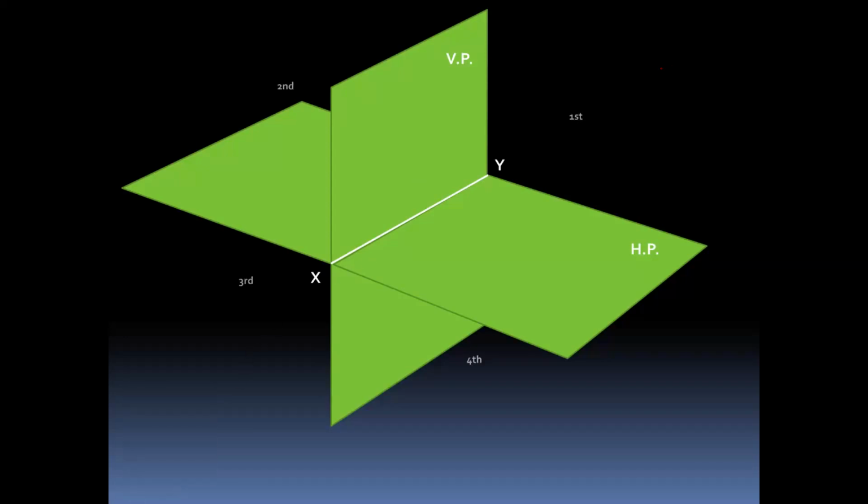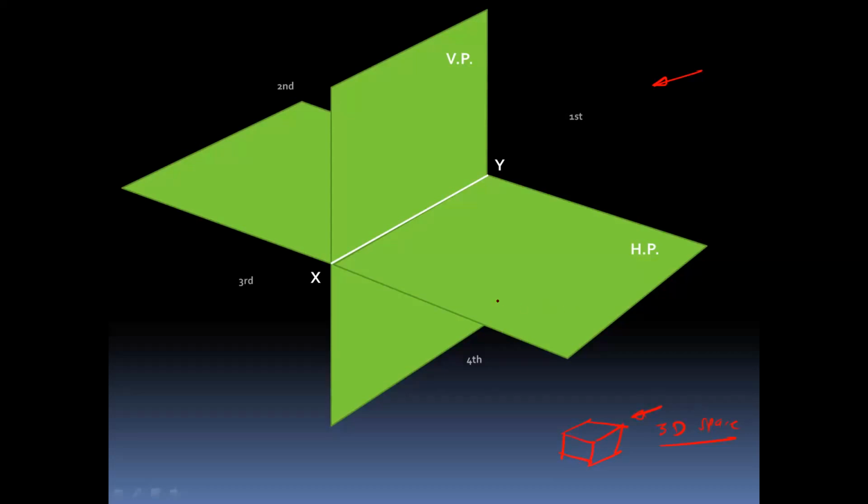So you can observe here. If you take any object, suppose we have one cube. That cube will be in a three-dimensional space. To draw any drawing, we need to take some reference. For that reference, we will divide the three-dimensional space into 4 quadrants.